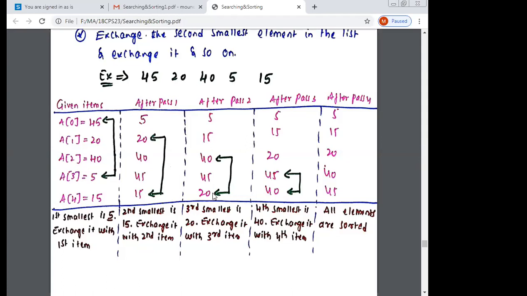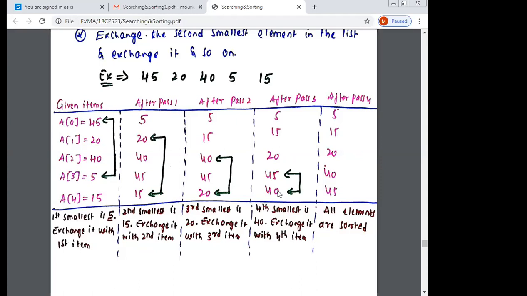Again, the third element you need to compare with the smallest element in the array. The smallest element is 20, so you exchange the elements. After pass 3, your array becomes 5, 15, 20, 45, then 40.